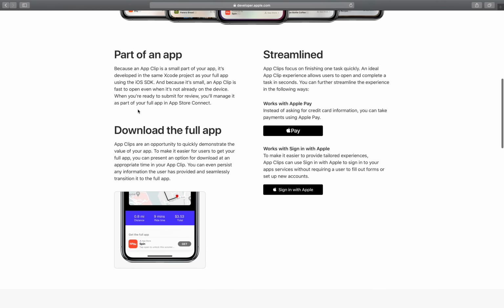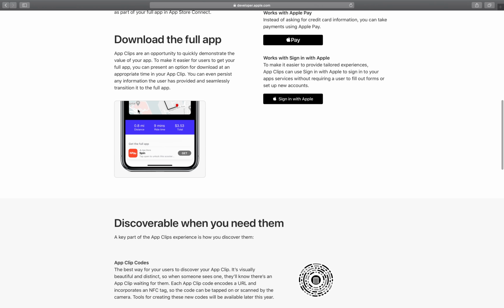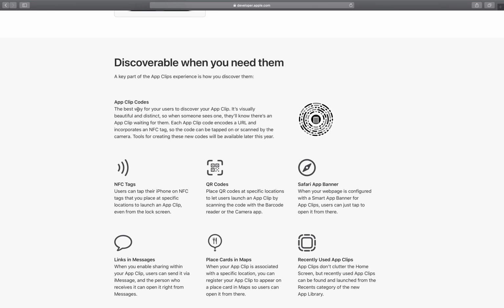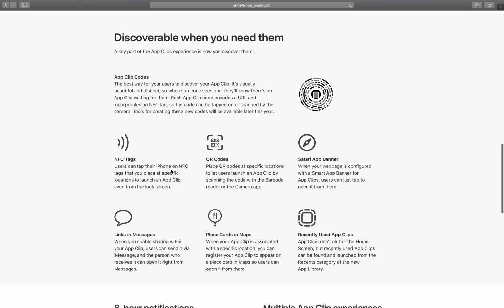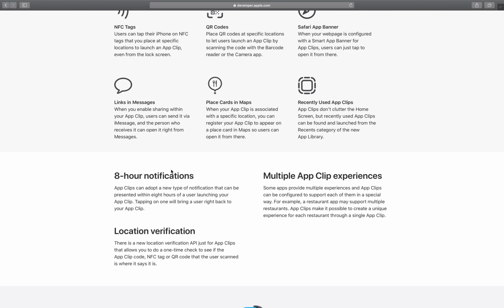So when it comes to new, you know that I create tutorials on new stuff. We already deal with a lot of Flutter tutorials, so I thought about giving it a try with Flutter itself. And how you can use app clips, basically, you can see here that you can use it via NFC tags, QR codes. On your website there can be app banners which can be used for opening your app clip, and it's kind of a part of your application which the user can consume without installing your app.